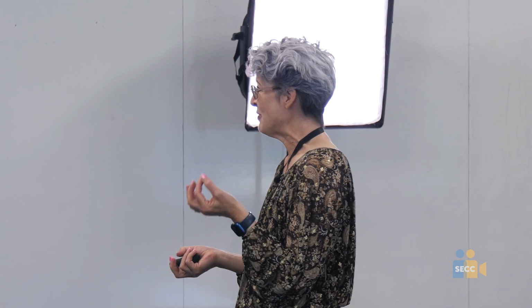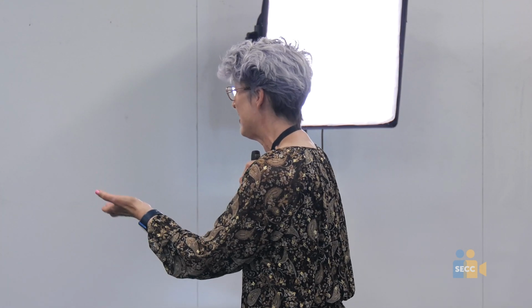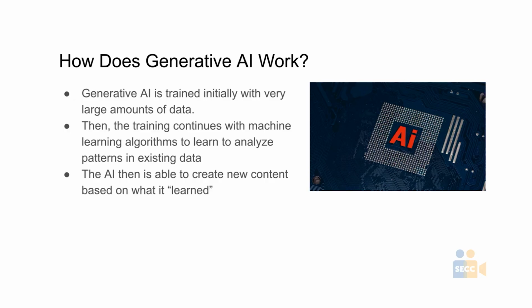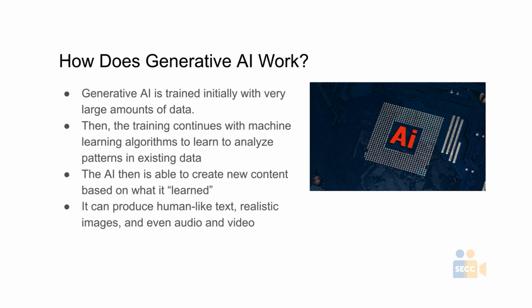AI typically does better translations because all of the language it received was in context to begin with, and that's how it was trained. The same way a baby eventually learns language in its first language, because everything the baby and then toddler hears is part of conversations that are happening and its context. So that's one of the ways it was trained. And then because of that, it's able to start to create new content, okay, with what it learned. It can produce human-like text.